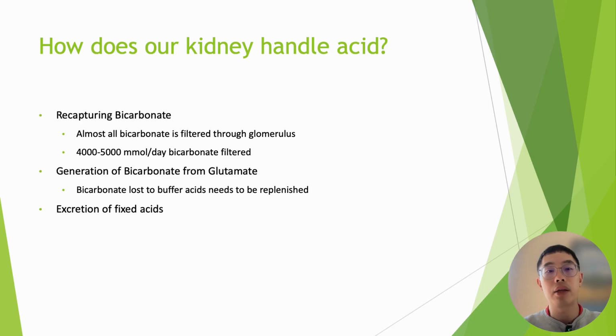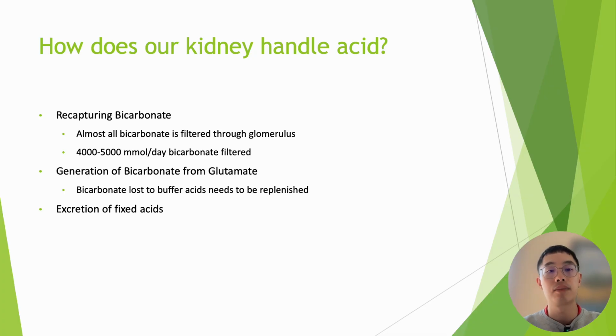Our kidneys generally play three important parts in acid-base balance. The first is that it recaptures all of the bicarbonate that is freely filtered through the glomerulus. The reabsorption process is similar to sodium reabsorption, where upwards of 80% of the filtered bicarbonate is reabsorbed in the proximal tubule. The remaining 20% is reabsorbed through the thick ascending limb of the loop of Henle, distal convoluted tubule,